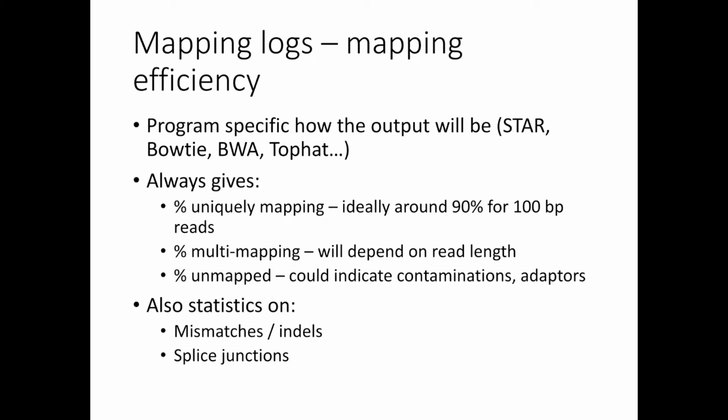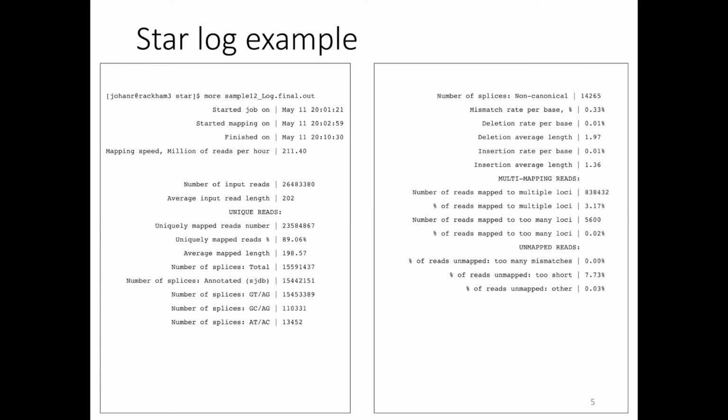So if you have a read that has a sequence that is found in multiple places in the genome, the program can't decide where to put it, and then it becomes a multi-mapped read. And then there are some reads that it just can't find at all, and those will be unmapped. Some programs also give information about mismatches and indels and how many splice junctions. And one of those programs that gives all of this information is STAR